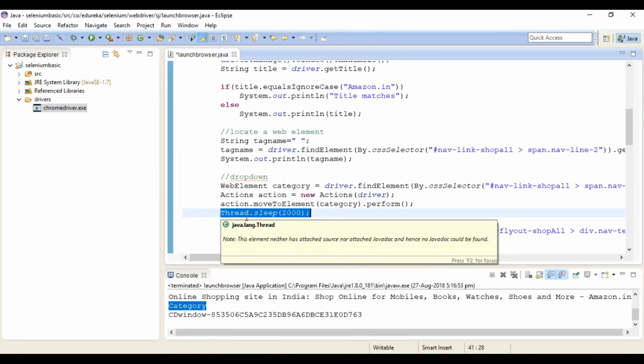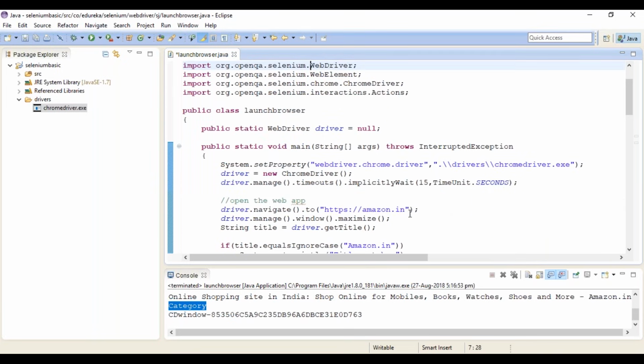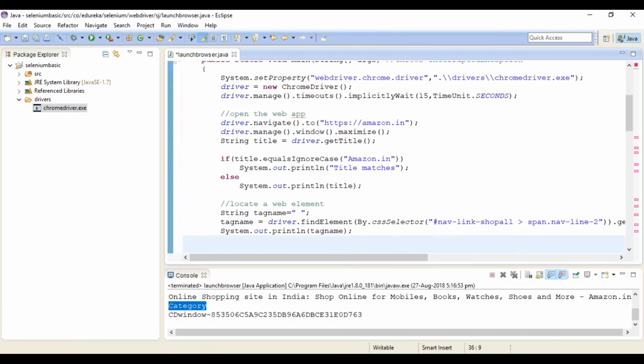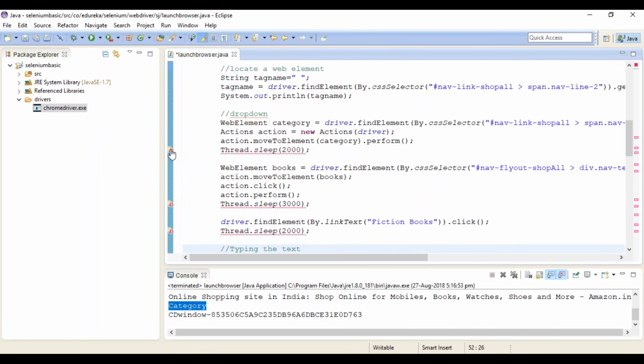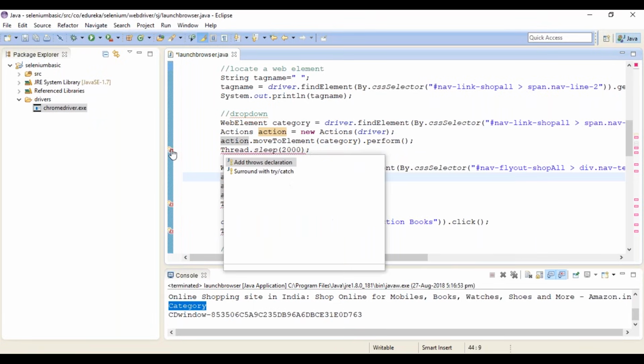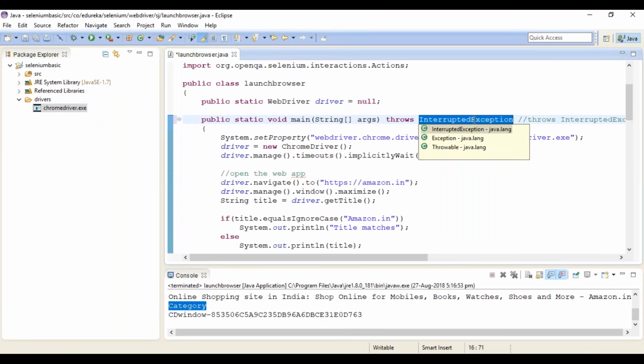To have Thread.sleep, you need throws InterruptedException. You may not know that you need it, and even if you know, you may not know where to type it out. So it's throwing up an error. I'm going to click on that, and it says add throws declaration, and it also tells you where you need to add it, in the main, public static void main. Just say add throws declaration, double click on it, and it has added it. I'm just going to remove this part. It's not required now since we already have it.